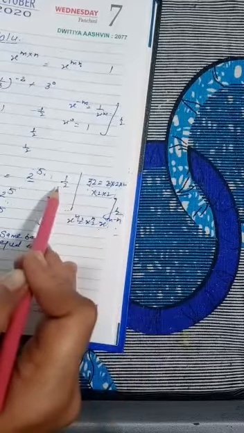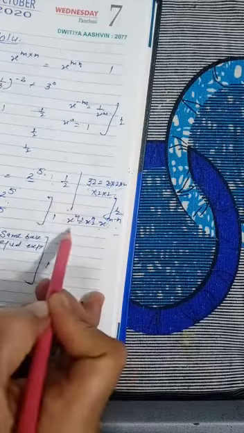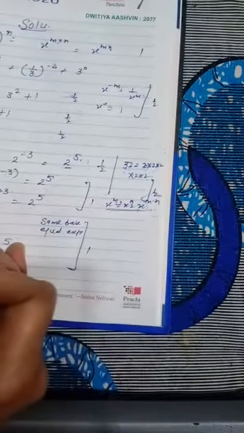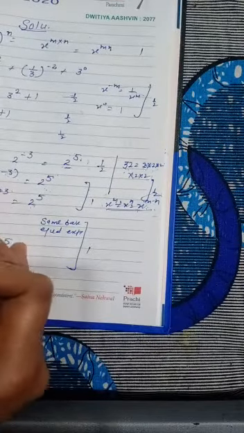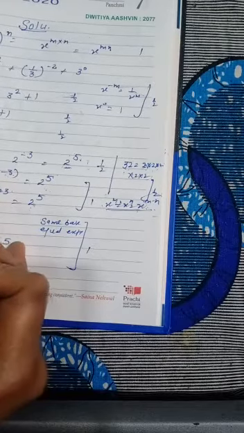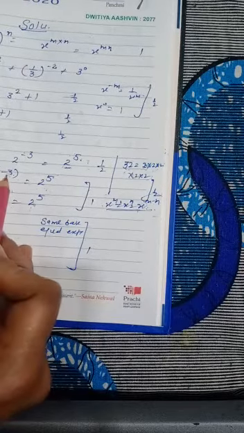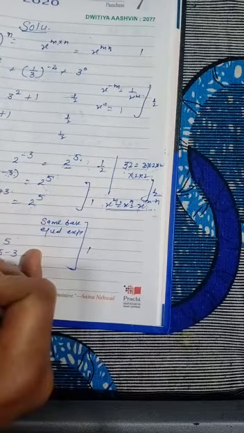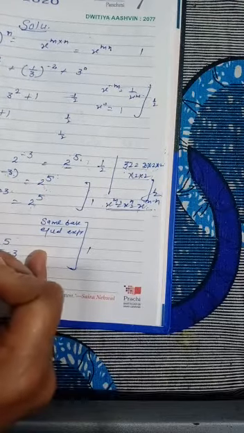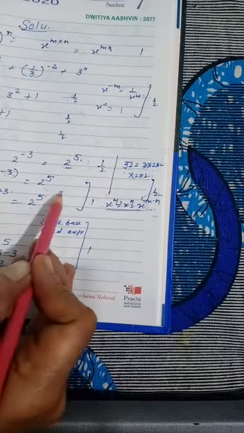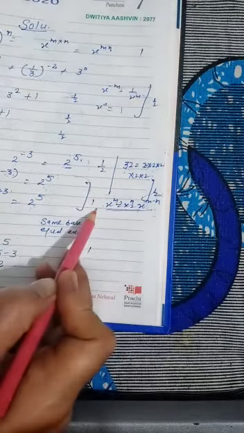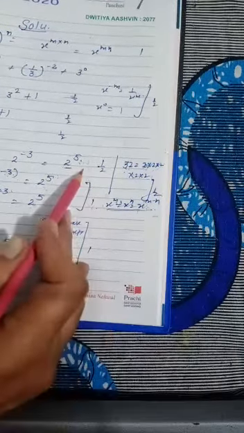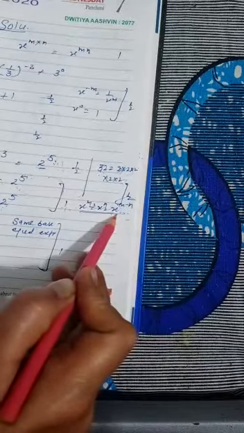Or if you are directly writing 2 to the power 5, then only the law contains half mark. Okay, now again apply the law on the statement that 2 to the power x minus of minus 3 is equal to 2 to the power 5, and this negative becomes positive. So 2 to the power x plus 3 is equal to 2 to the power 5. These two steps contain 1 mark. Means up to here we are getting 1.5 plus half, means 2 marks.